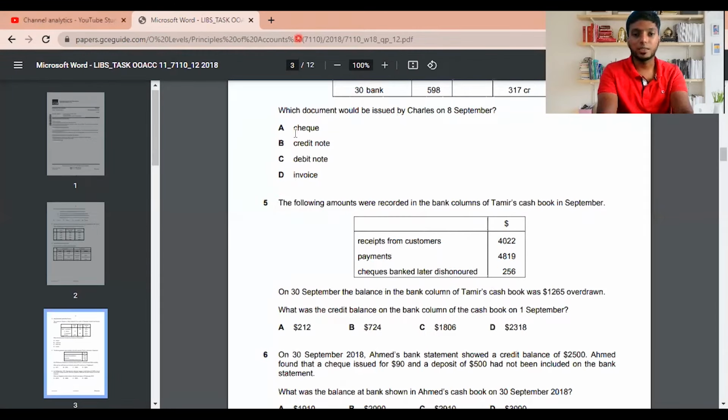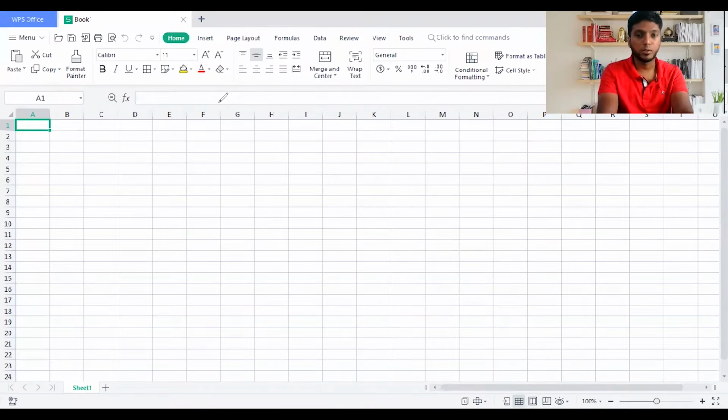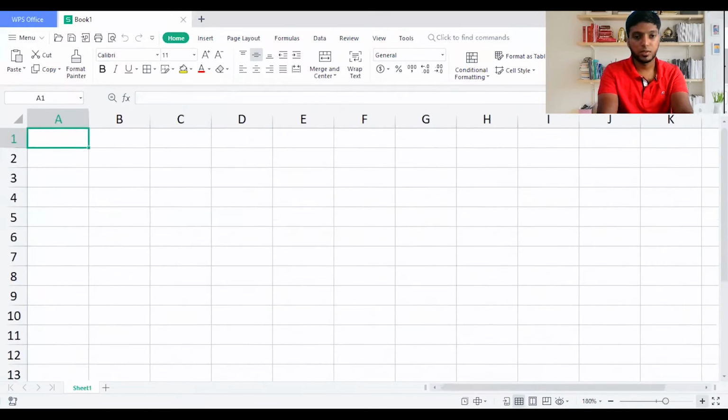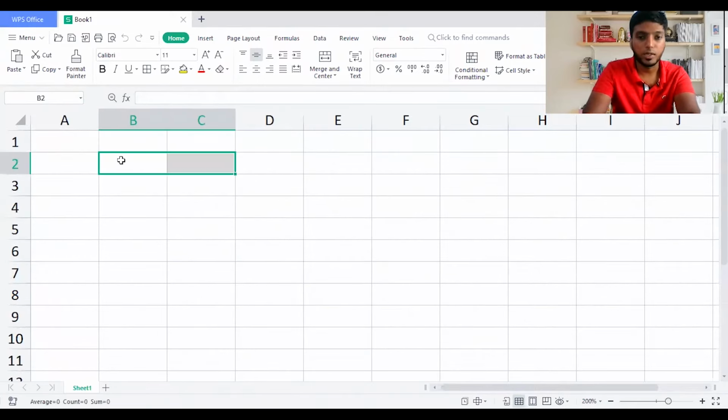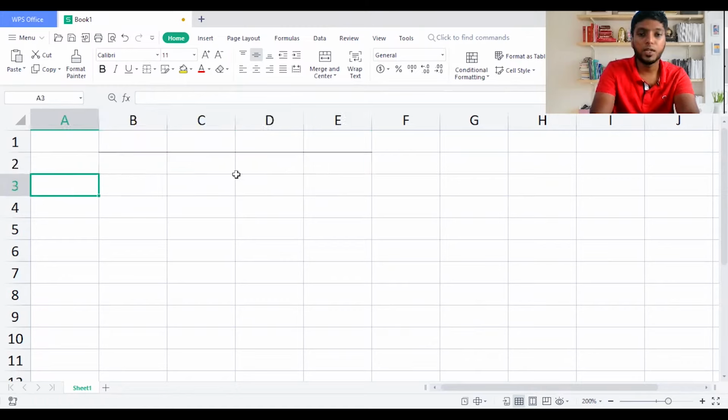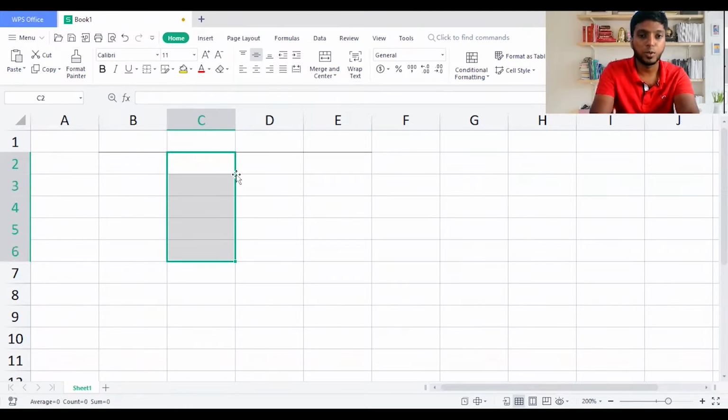So I just need to do this in Excel. I'm going to do question number 5 in Excel now. I'll zoom in a bit. Now you can see this. I'm going to draw an account to help you understand in a much better way. So whenever you have a chance to draw a ledger account, guys, draw a ledger account, then do the sum. Then you will be focused.